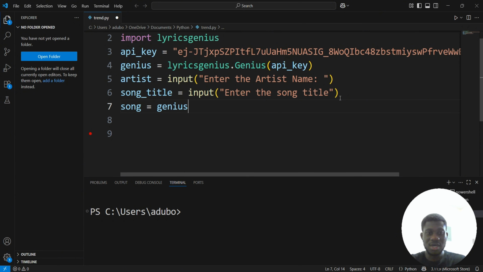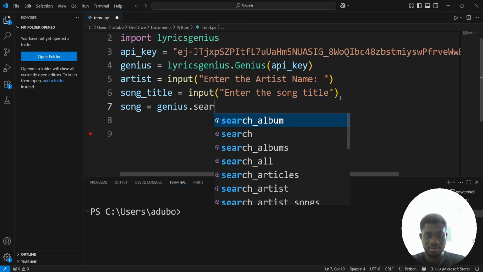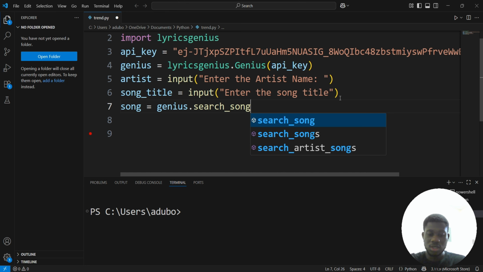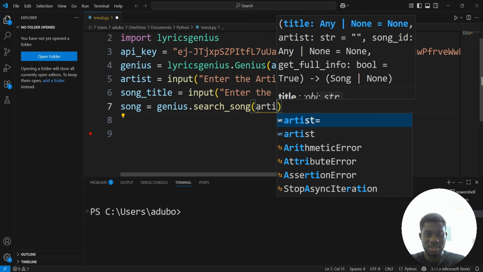So we use that to access our search song method. So you type dot and you type search song. And inside the method, you will type the variable that is storing the artist name and the song title. So the variables are artist